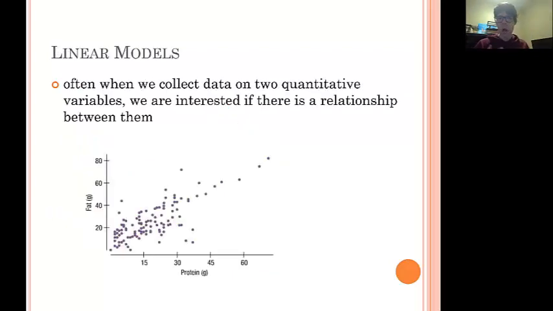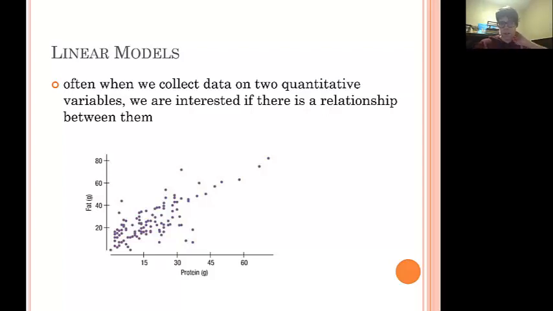But like I said, realistically, we're more likely going to be working with scatter plots, so something that looks like this. And we're going to be interested in whether or not we can create some kind of linear model based on the data that we have. So it's less likely that we're going to be going through the intercept method to do stuff, and that's just life. So here, maybe we've collected some information on protein content and fat content of specific things, and we're curious